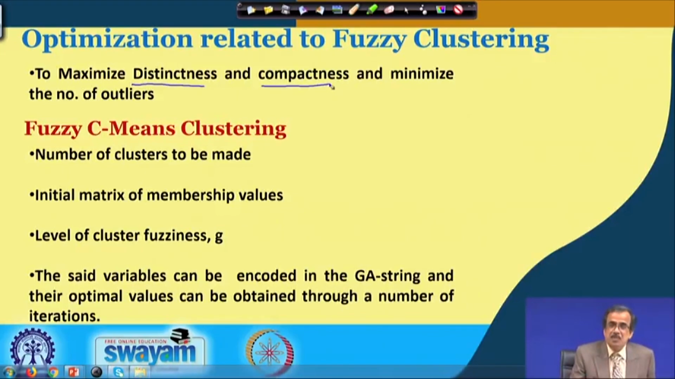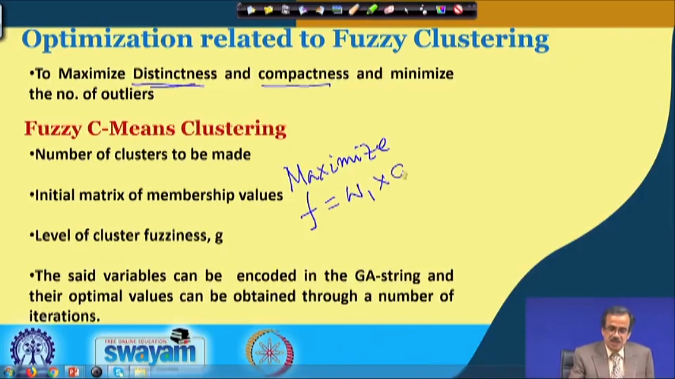Now, if I formulate this problem as a maximization problem, I can formulate it like this. Maximize f, which is nothing but W1 multiplied by the distinctness, denoted by D, plus W2, the weighting factor, multiplied by the compactness, denoted by C, plus